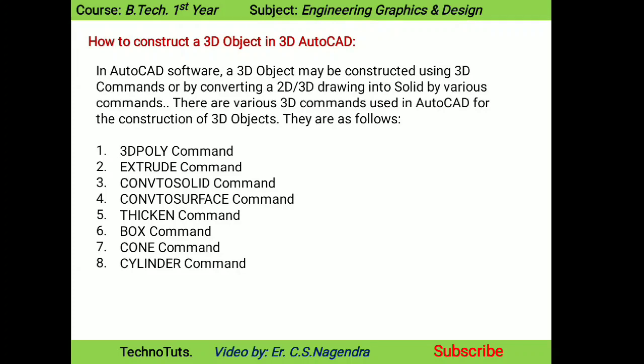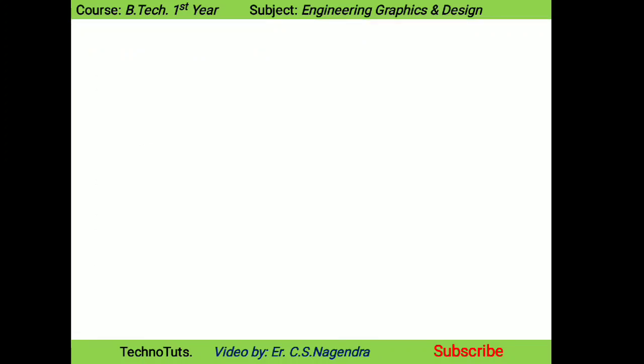Okay students, there are various 3D commands used in AutoCAD for the construction of 3D objects. They are as follows: 3D poly command, extrude command, convert to solid command, convert to surface command, thicken command, box command, cone command, cylinder command, torus command, and there are some more. Okay, one by one we will go into study. Let us start by